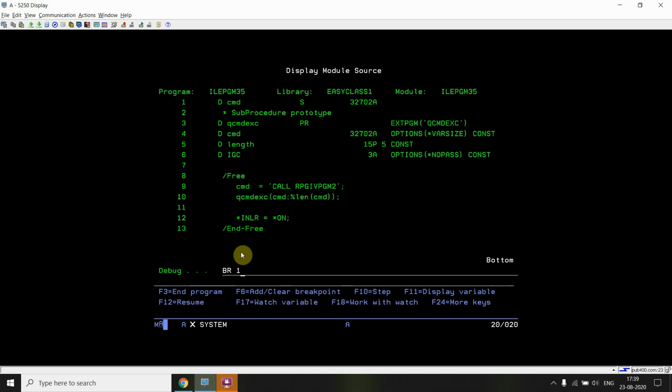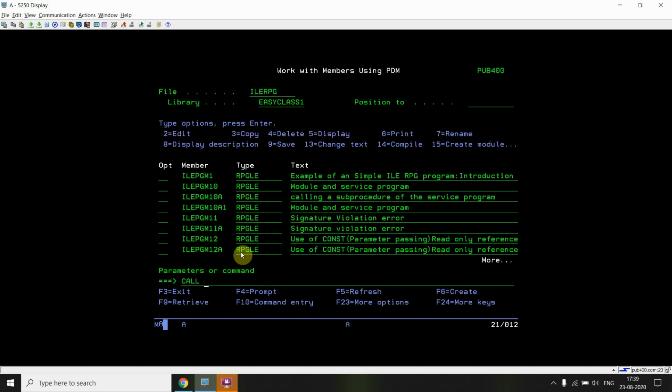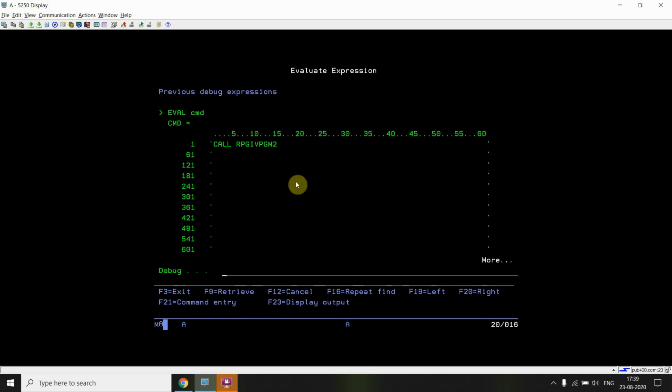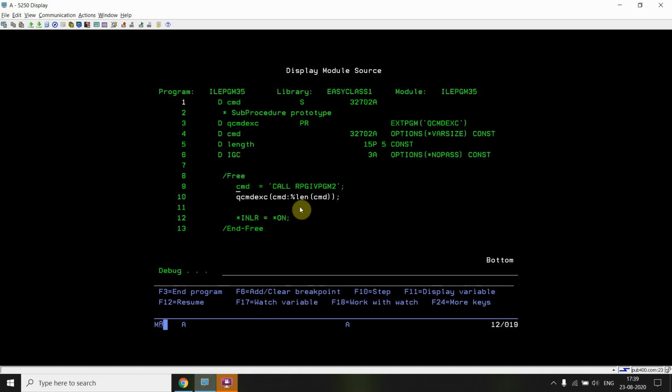Just set the breakpoint, call ILEPGM35. You can see this string is prepared, CALL RPG4PGM2, and now this API gets executed and you have seen the message displayed